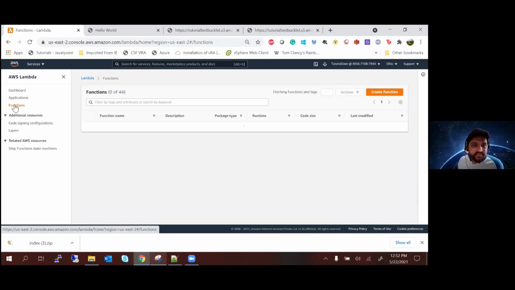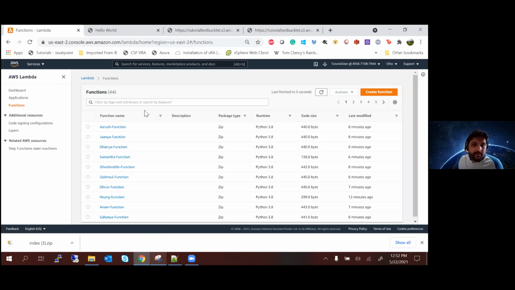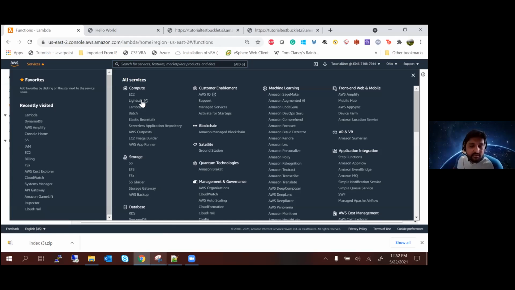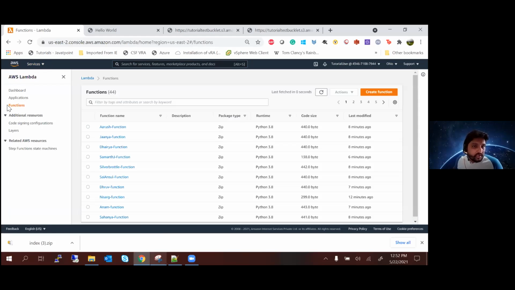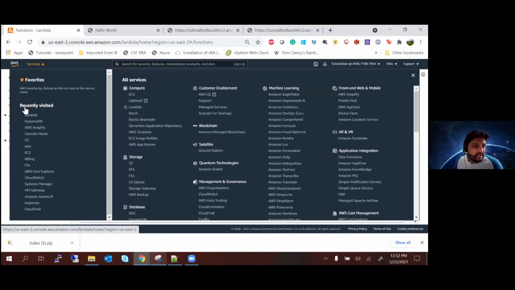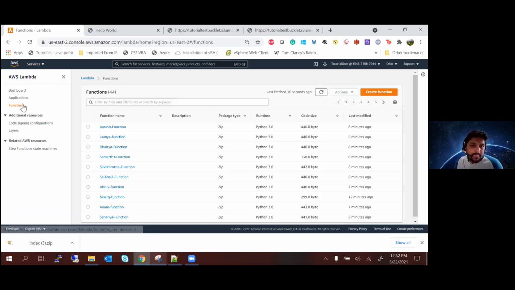As soon as you are on Lambda, copy that ARN, select the entire ARN and copy it. Go back to your services and click on Lambda. On the left hand side, you should click on functions. Yes, Anushka, click on functions on the left hand side. So are you able to see functions now?